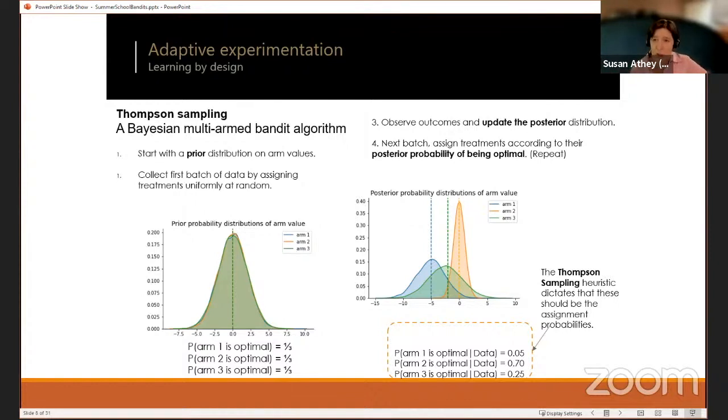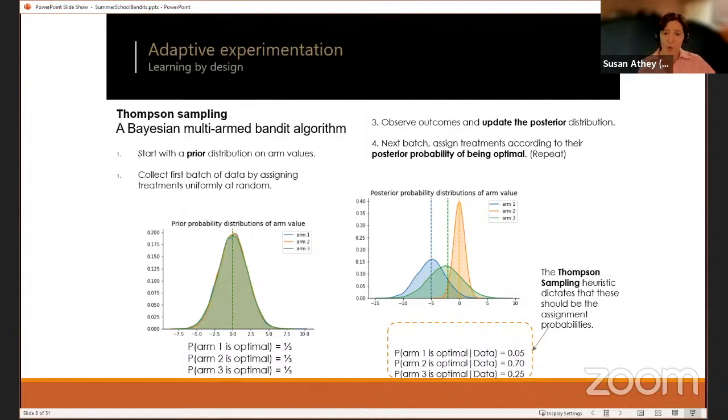So when I'm waving my hands a little bit at that, I'm not just insulting your intelligence. I'm just saying there's many papers that have been written with different ways to compare algorithms that would say that Thompson sampling works well. So there's different aspects of what it means to work well. One is, well, what limit am I taking, and what are my assumptions? But another aspect of what it means to work well is what is your objective? And so most of the literature on bandits is written around the objective of minimizing regret or maximizing the utility of the people in the experiment. And so this algorithm in particular works well at maximizing the utility of the people in the experiment.